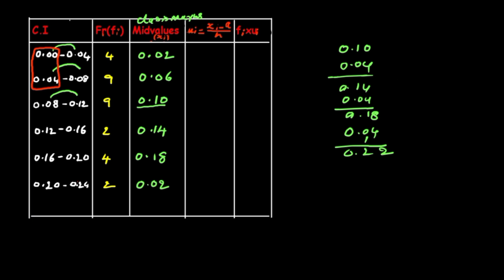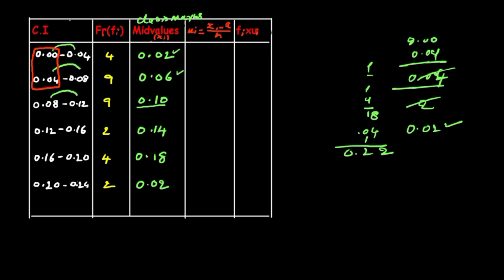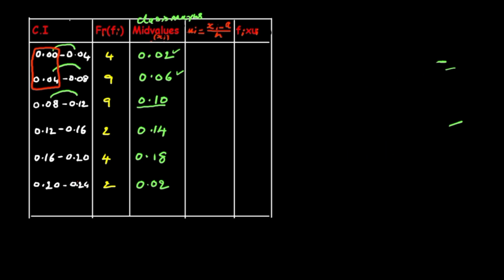Don't forget, for the first or second one, you can check how to find the mid values: add the lower limit and upper limit, and take the average, you will get 0.02. This is the process to find the mid values. After finding two or three mid values, you can write the continuation series, because when the class sizes are equal in the given question, you continue the series by adding the class size.